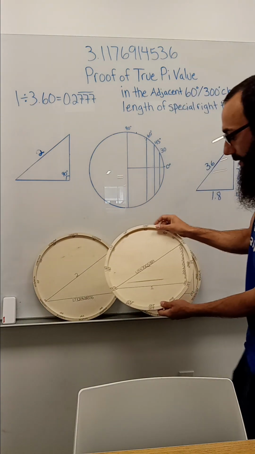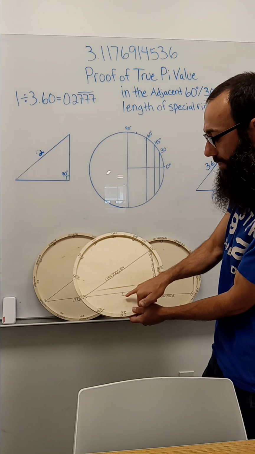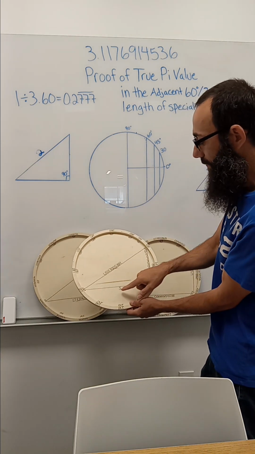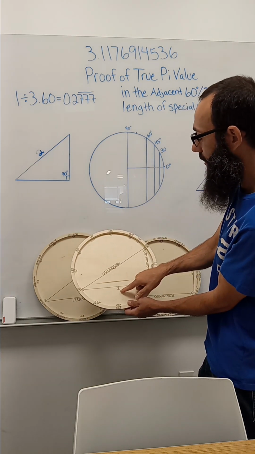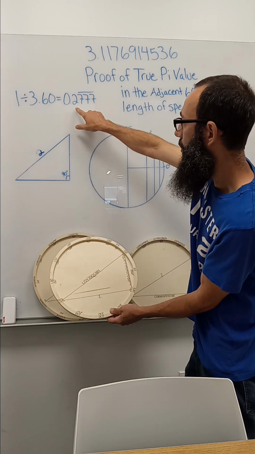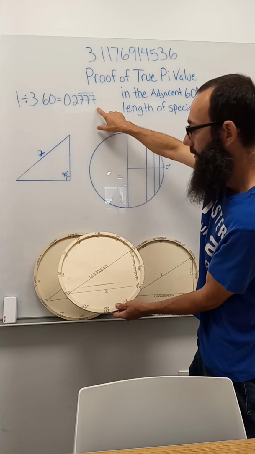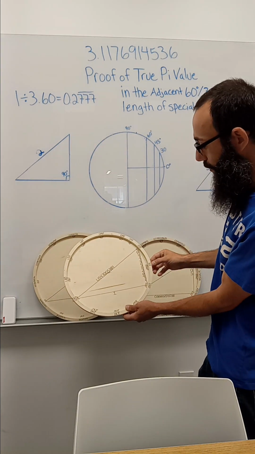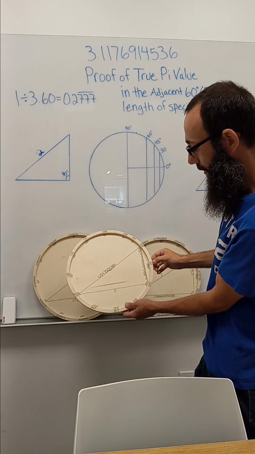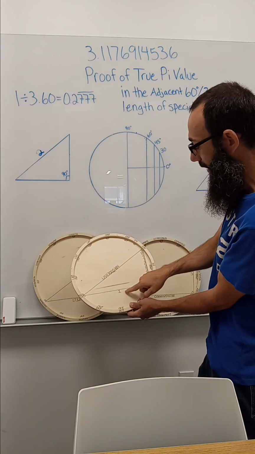And then for the base one adjacent, like I said, whenever it's 1 inch, if you take 1 inch and divide it by 0.27 repeating, you'll get 3.6 inches. If you take 1 and times it by 3